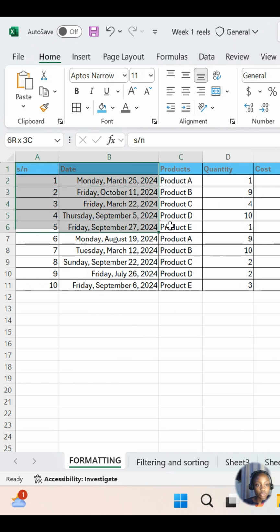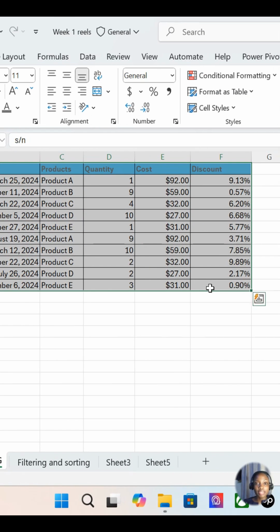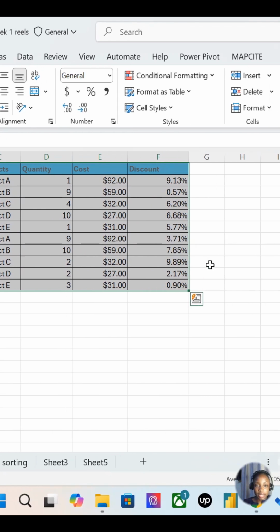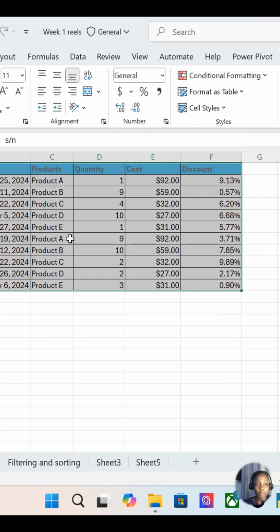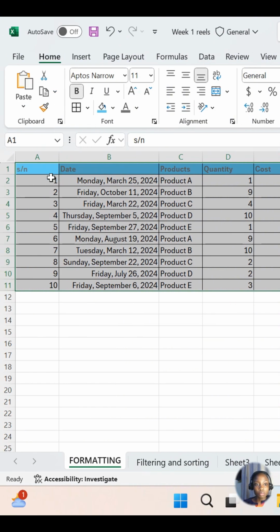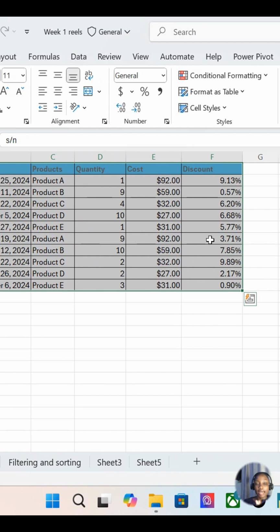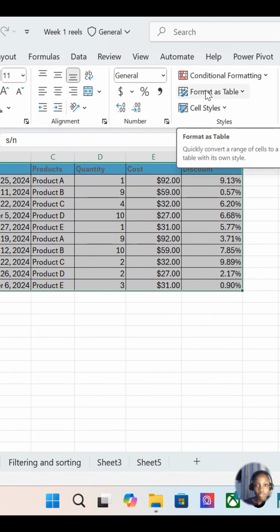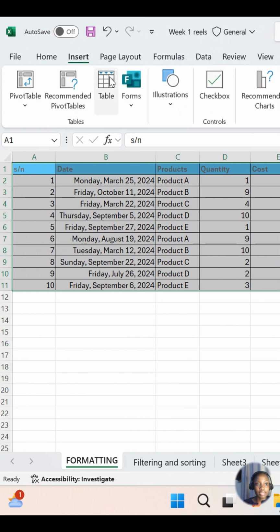One more thing we can do is convert this into a table in Excel, and a table is just a more structured format that we can put our data into. What we have presently is called a range. It's just a collection of cells, but we can format it into a table, which is a more structured format. To do that, you can highlight the data and then use the keyboard shortcut Ctrl+T, or you can come here and click on format as a table. You can also go under insert and then click on table.